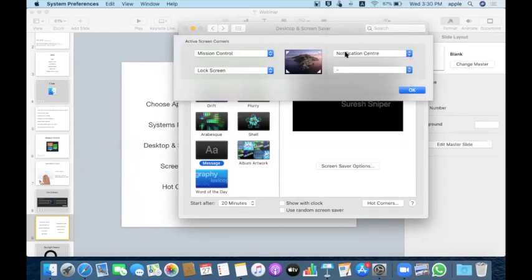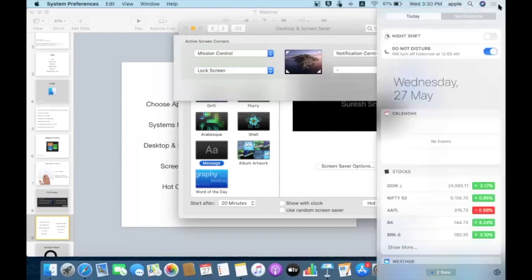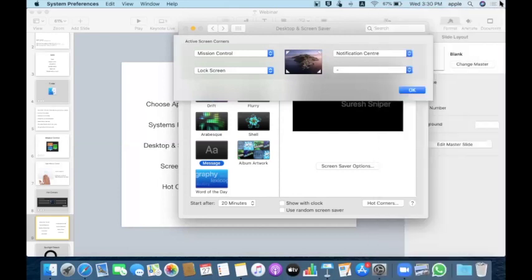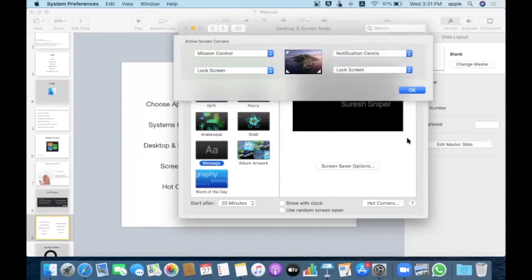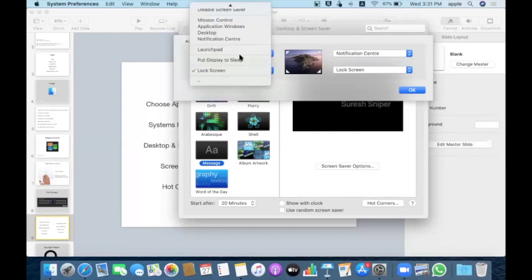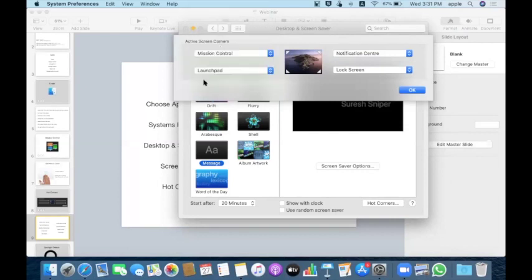Generally, we use Notification here. When you go to the extreme right, we get a notification, and lock screen we use with another extreme corner, and Launchpad will be on the left. Based on your requirement, you can use it.